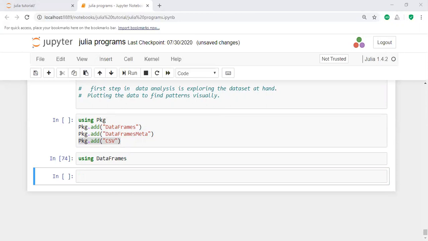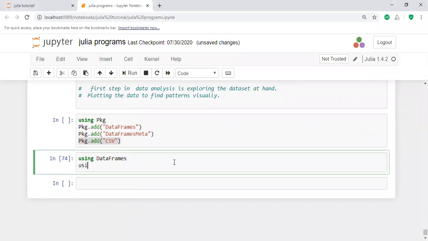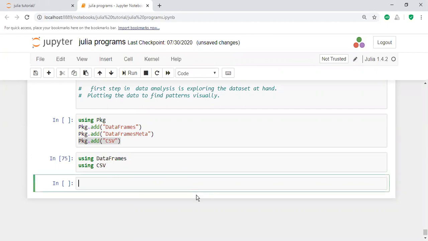You may directly create the data frame, or you may get it from a library, or you may get it from your store. Let us take a simple example. I'm going to create a simple data frame. For this I need to use CSV also. Using CSV, if you execute this, after that I'm going to work with this information.